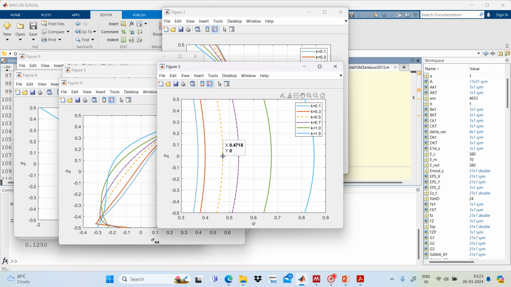So we say that as the k values are increasing means the properties are tending towards the metallic. So we can say that okay, k value is large, then it is metal. Okay, so this is having the largest displacement, that is 0.8517,